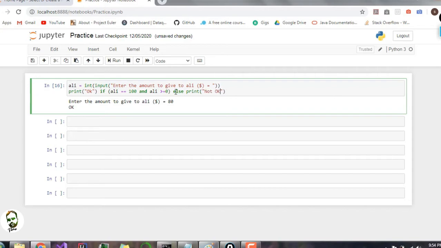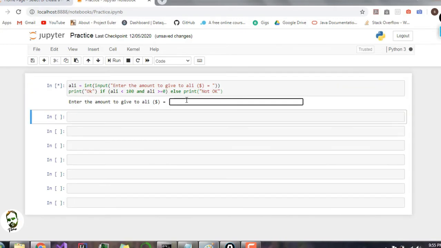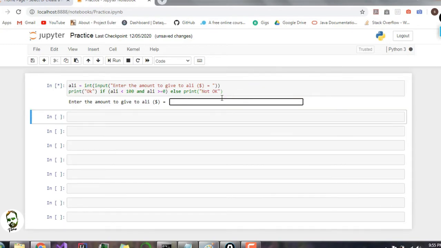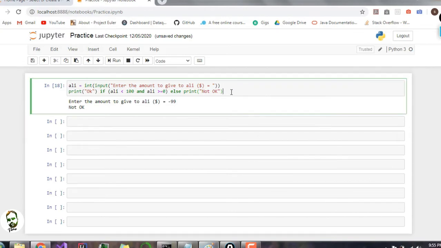As you can see, this makes the same sense. If I run this and enter 50, it prints okay. If I enter minus 99, it prints not okay. So this is called shorthand if else.